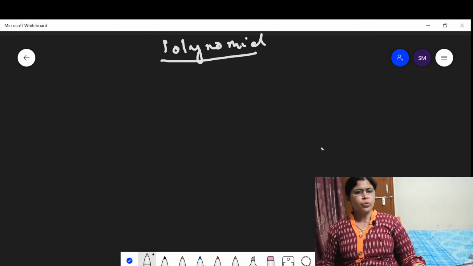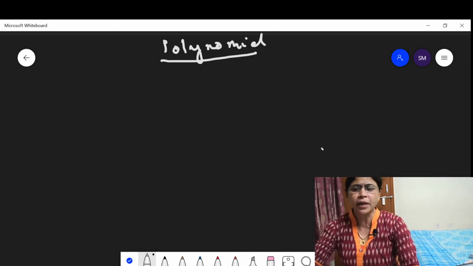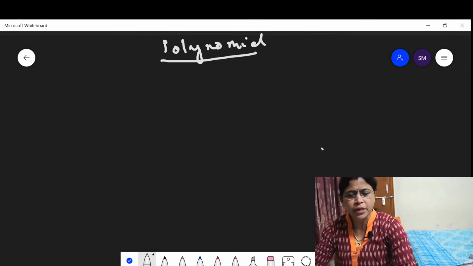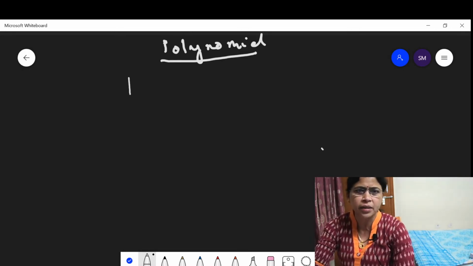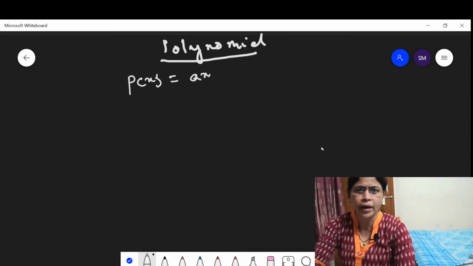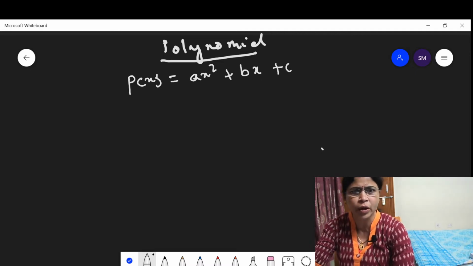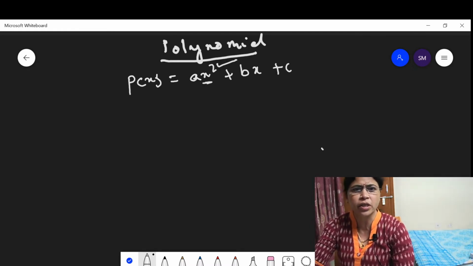You know students, what do you mean by degree of the polynomial? Degree of the polynomial means the highest degree of the variable given. Suppose P(x) is a polynomial given, equal to ax square plus bx plus c. This is a quadratic polynomial, because here the highest degree is 2. Okay. Now let us discuss